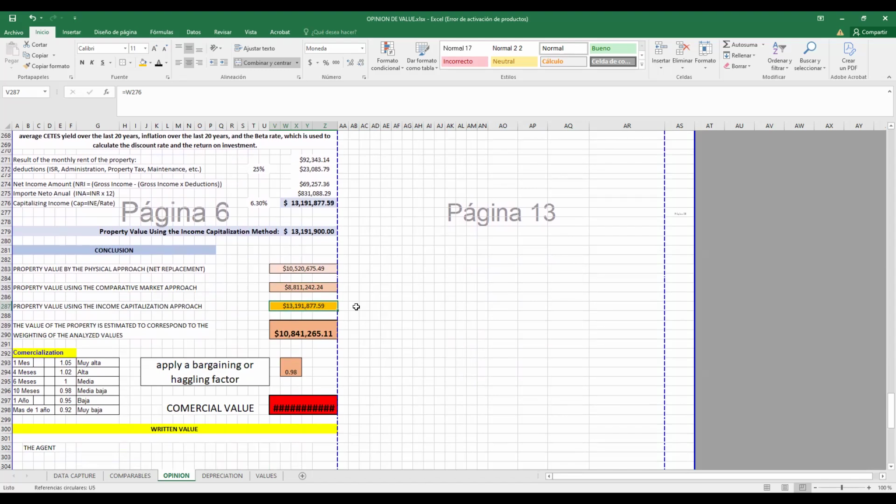I'm not gonna average. No, I'm gonna give this price. No, I'm not gonna use the weighting of the analyzed values. This is gonna be the price because it's commercial.